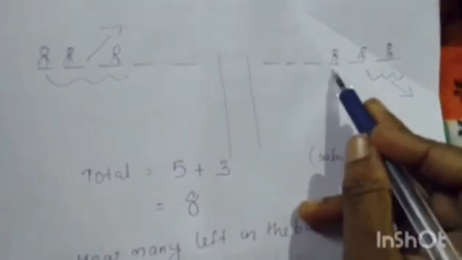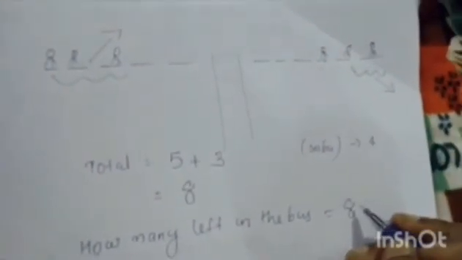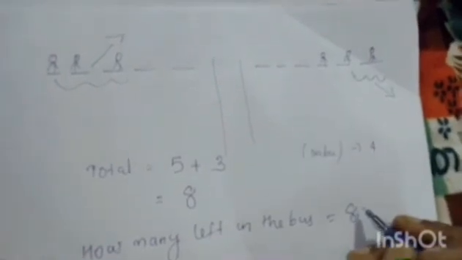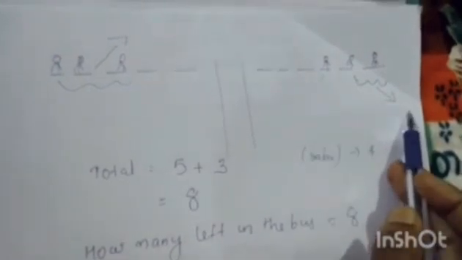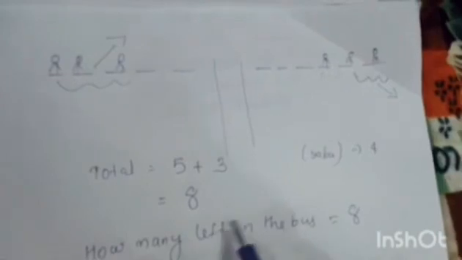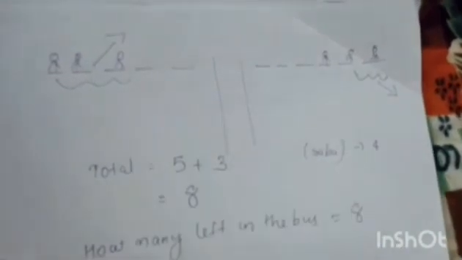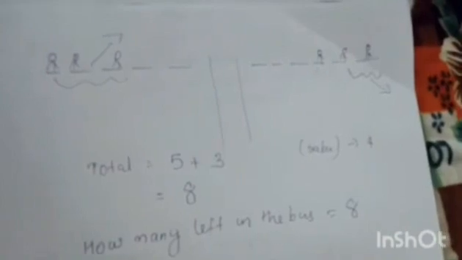Here is only 1 student and here there is no student. So 1. Then here the total number is 8. 8 minus 1 is 7. So 7 plus 1, 8 students are on the bus at present. Okay. In total we get 8. Then 2 from the right get off. Then 3 from the left also get off. Then we get how many are left in the bus. Here the total number of students is 4.